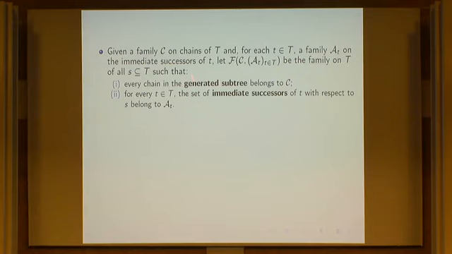And then I have this functor, which associates to these two families, the family C and the family of the families A_t, the following family: all subsets of T, where every chain of the subset, well, not only of the subset, but of the generated subtree, belongs to C. I will say a little bit more about that. And for every node, the set of immediate